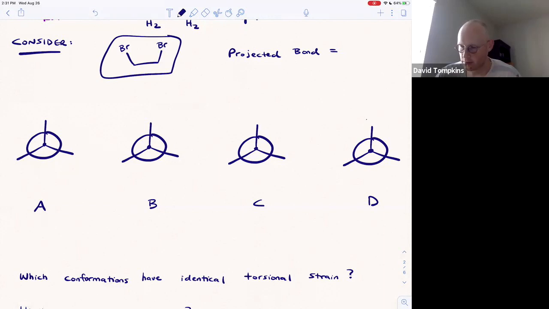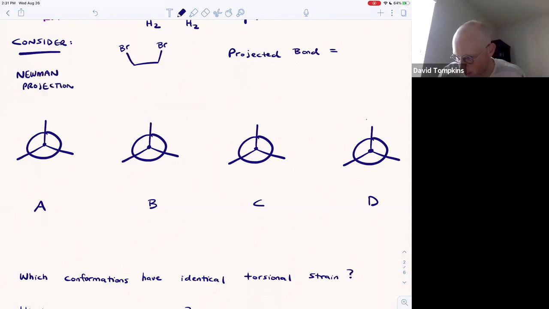So the most useful representation of acyclic molecules for understanding conformational analysis is a Newman projection. And we're going to produce multiple Newman projections for this single molecule below. So the Newman projection is going to focus on the projected bond, which is going to be the carbon-carbon bond